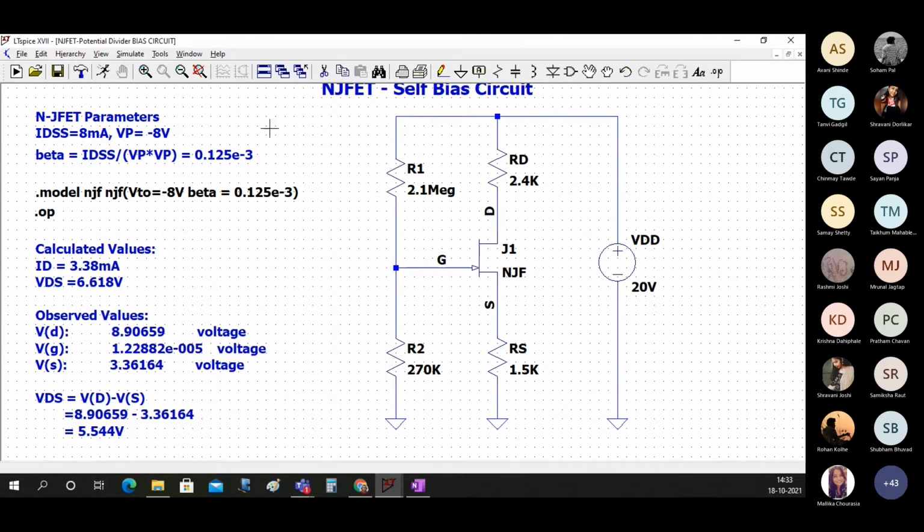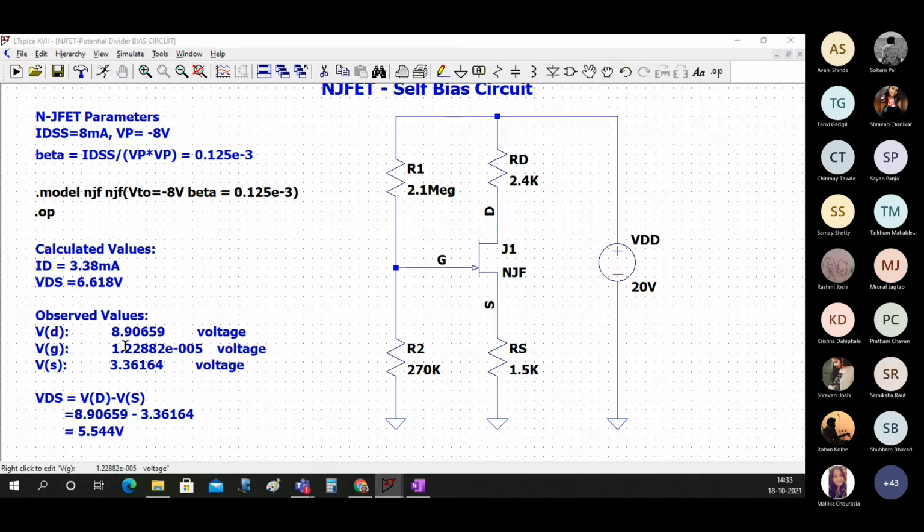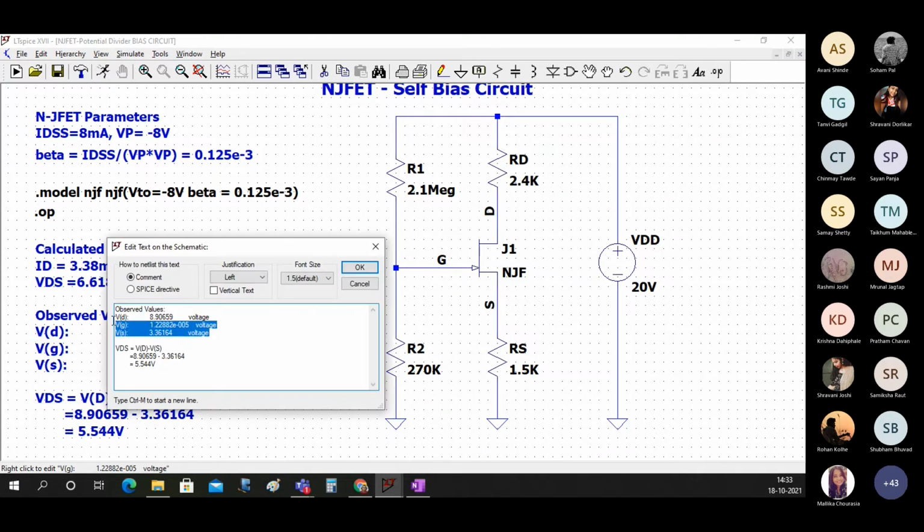Now let's run this and find out what the value is. We got these three new values of VD, this, and here.